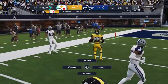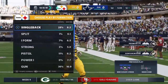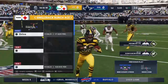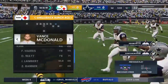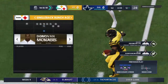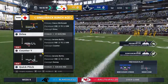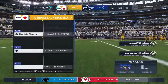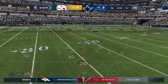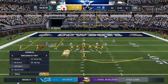And he gets this one inside the 15, just a yard or two shy of the 10. A gain of 31 yards there and a first down. Pittsburgh. From down at the 12, it's 1st and 10. Here we go, let's